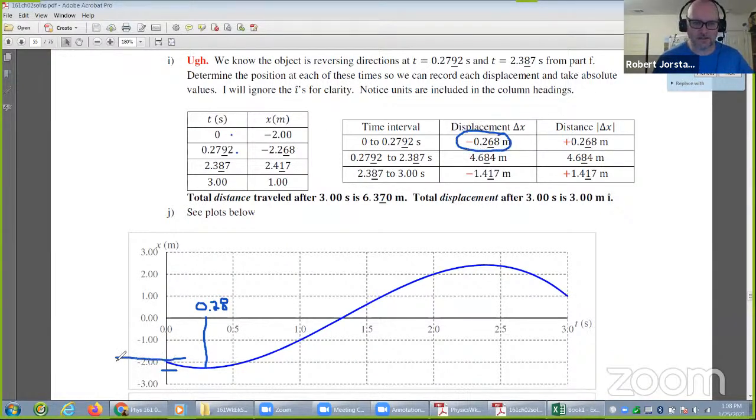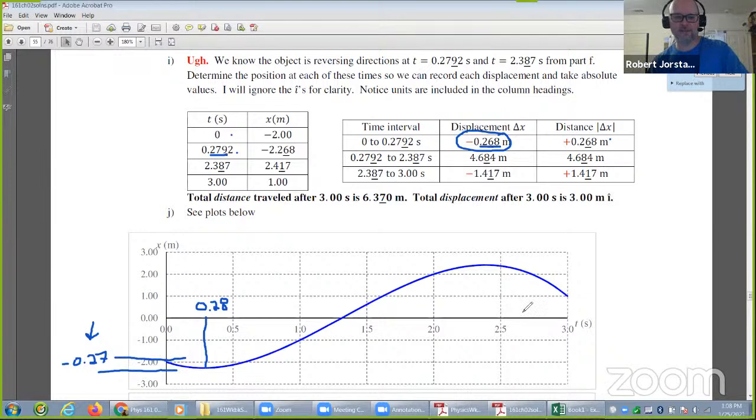So right here, the distance between it starting and right there is negative 0.27. Whoa, that's crazy that they happen to match up that closely. It's just a coincidence that this time interval is 0.28 and this one is 0.27. Notice its displacement is negative 0.27. It goes down 0.27, but the distance traveled is positive 0.27